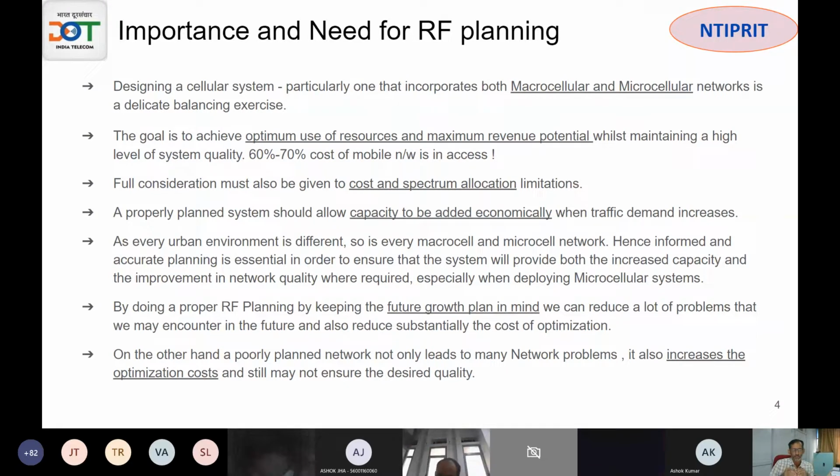You need to also address the capacity, because today you plan something and next year you roll out. Next year, how many customers are going to add to my network? What kind of handsets they're going to use, how much traffic they are going to generate, and what is the kind of revenue structure on that day? All will have to be somewhat using thumb rule or scientific rule, whatever we have to imagine today, and we have to plan.